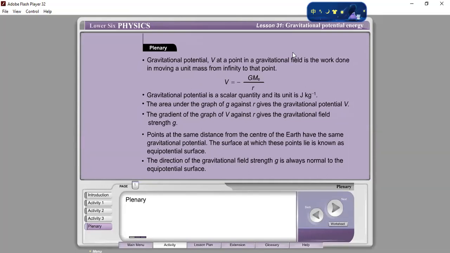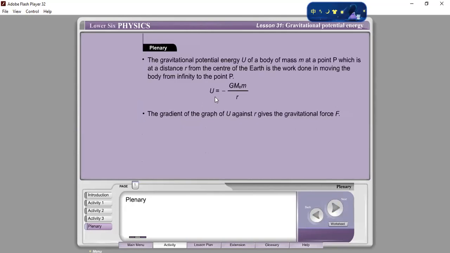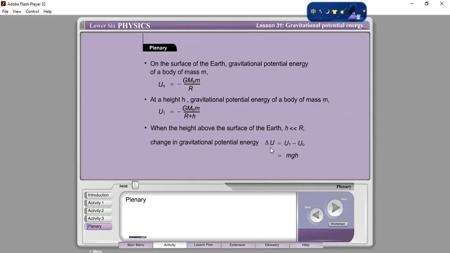Gravitational potential is a scalar quantity and its unit is joule per kg. These are all the information we need to know for today. And the gravitational potential energy is negative G M_E m over R. And finally, the change of the